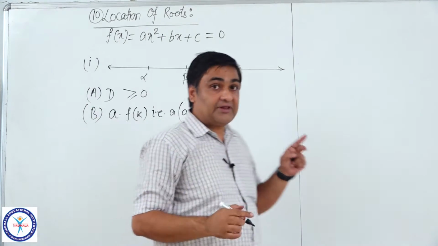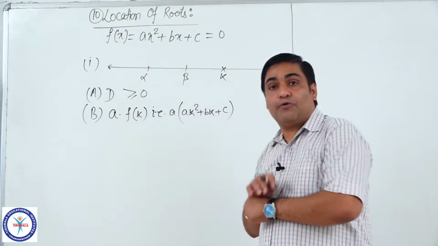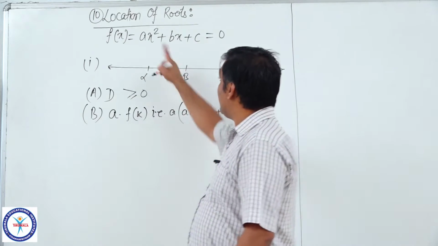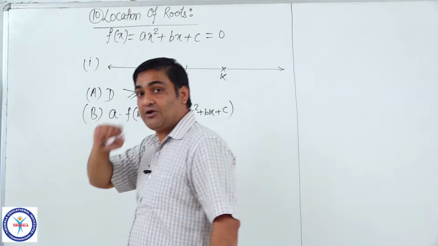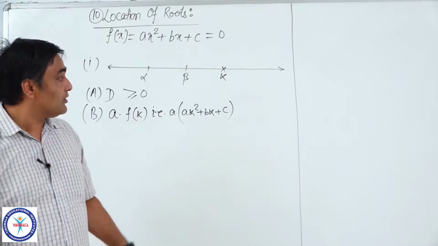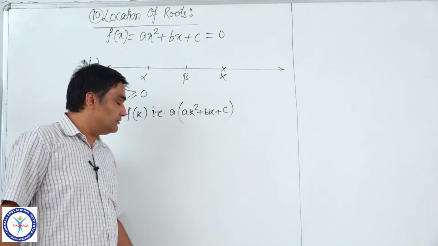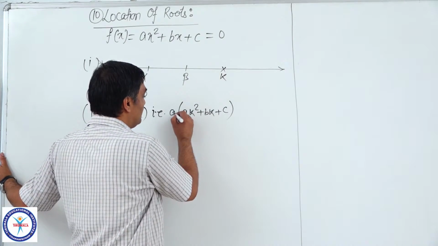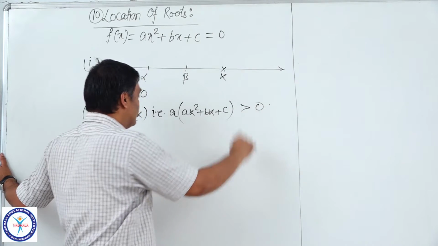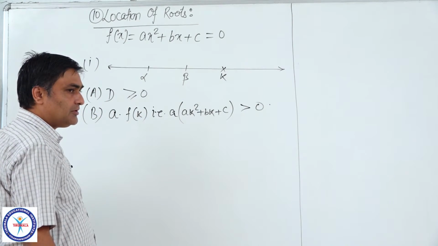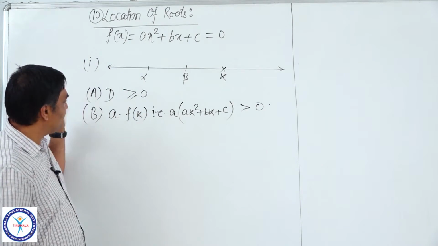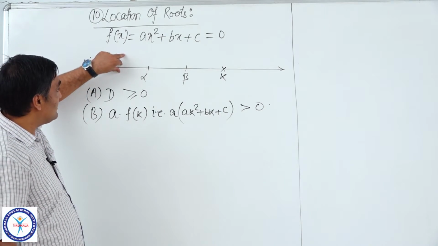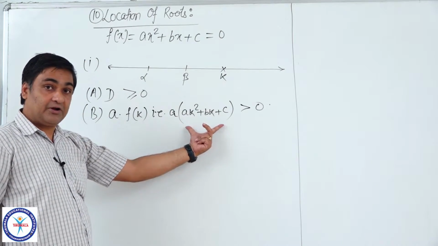Can we tell whether this is positive or negative? Yeah, k is outside the roots. So the sign of f of k, the sign of the expression at x equal to k, will be same as a. So multiplying these two numbers of same sign, we will have greater than 0. So these two conditions are sufficient? No. If k is here, then also these conditions are met.